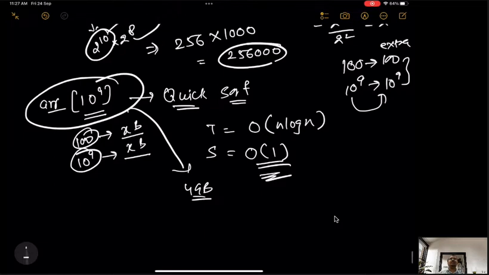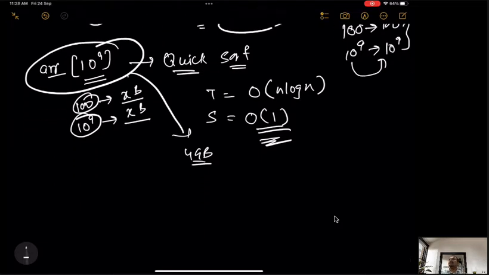Okay, why we are discussing space complexity is, in stack, if we are doing, let's say, push, then do I have to use any extra space? Probably I don't have to use any extra space. In pop, if I have to pop an element, do I have to use extra space? I have used only one temporary variable that time. Even if I want to do pop 100 times, then also I will use only one temporary variable. So that means in push and pop both, the space complexity is big O 1.